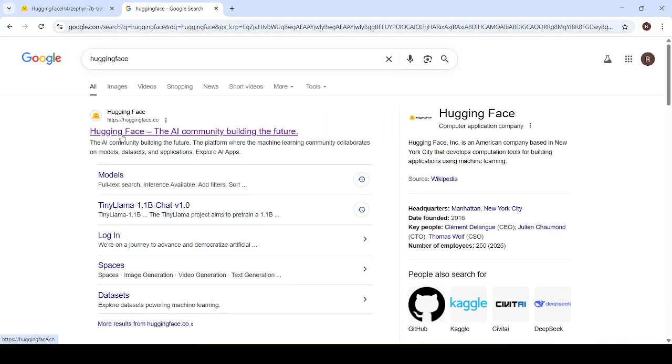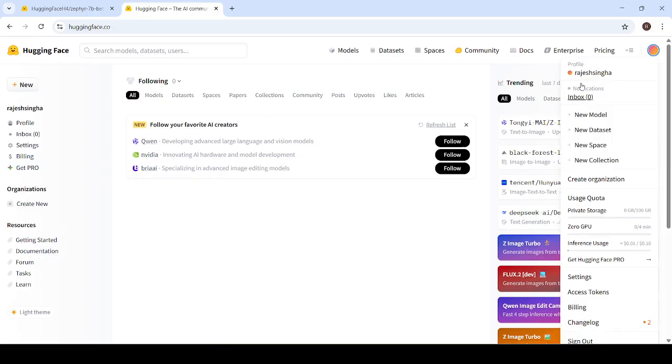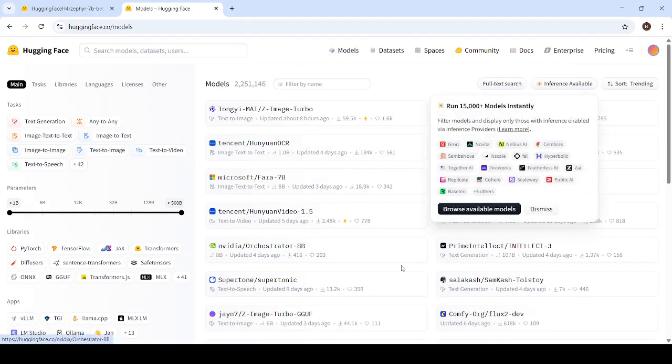And click over here. So you have to open an account. I just log in with my email ID. First you have to go to the models. You can see over here models. You have to click over here. So there are models you can use them